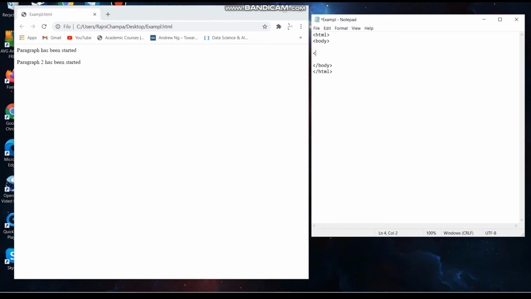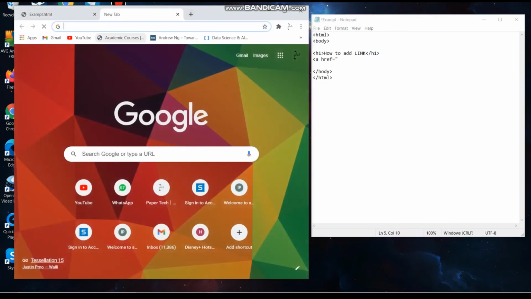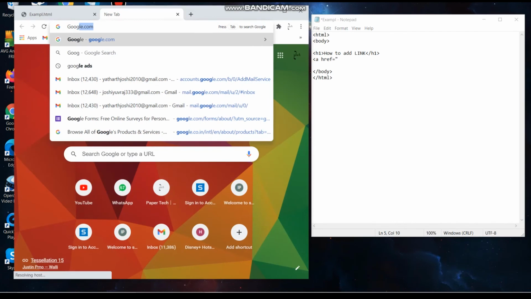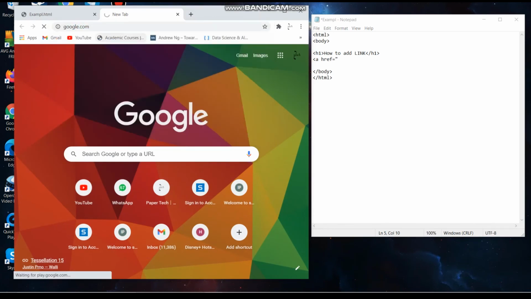So h1 for heading. I am going to show you how to add a link to your web page. We'll start with a, that is an anchor tag. Then after a we put href. It is an attribute actually, please remember it. We are going to use it afterwards.